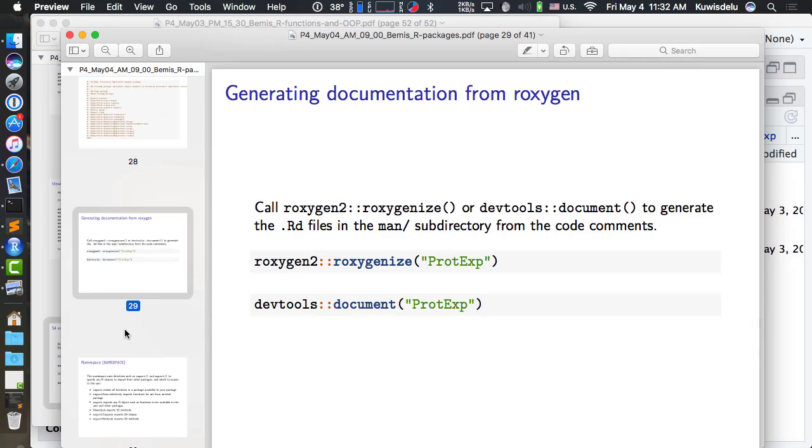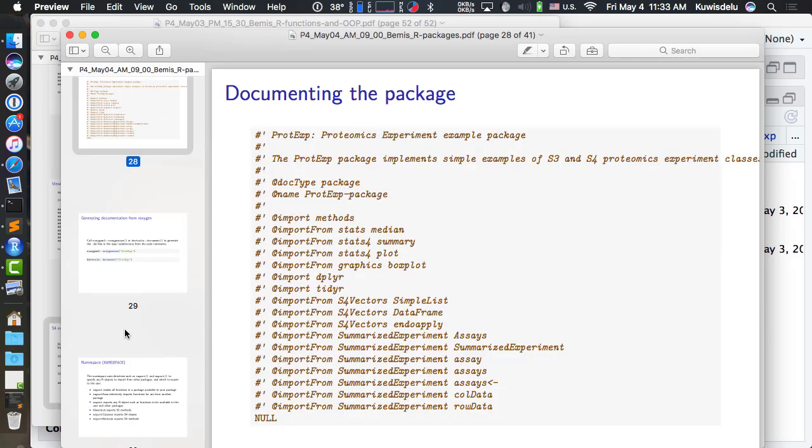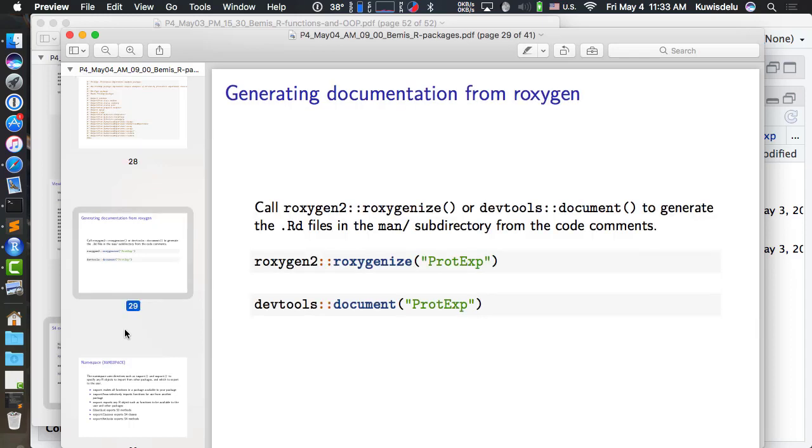And the way that all of these code comments, for both the documentation and the namespace file, are actually turned from the comments into the final form is either using roxygen2, you can just use the roxygenize function, and you just give it the directory of your package, and that'll automatically generate all of the documentation from your